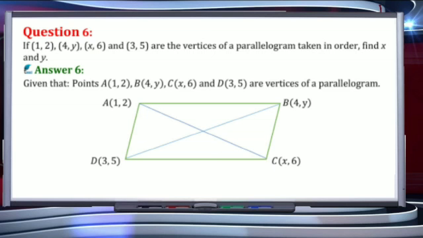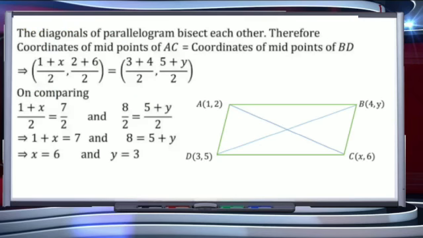Students, to solve this question we need to remember one result of the parallelogram, that is its diagonals bisect each other. So if I am supposing its center point as O, then its value from AC or its value from DB must be equal, because O is the center for AC as well as DB. Just by comparing the two equations from the two sides, we will get the value of x and y.